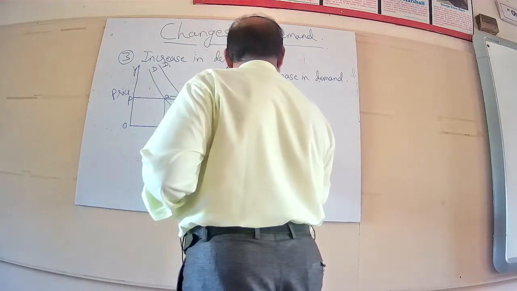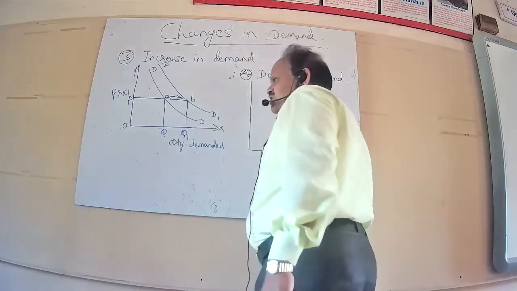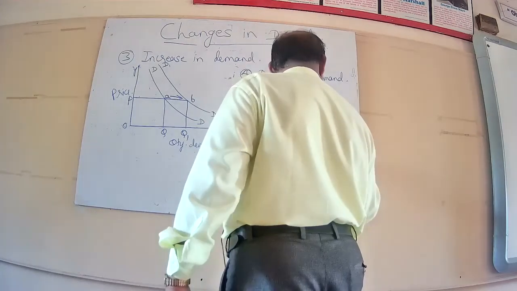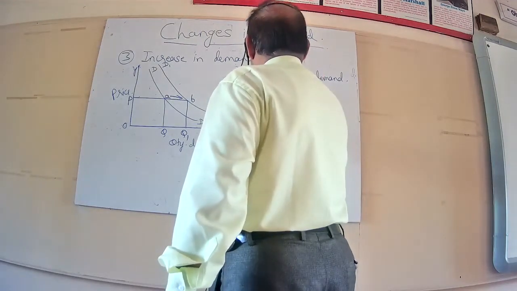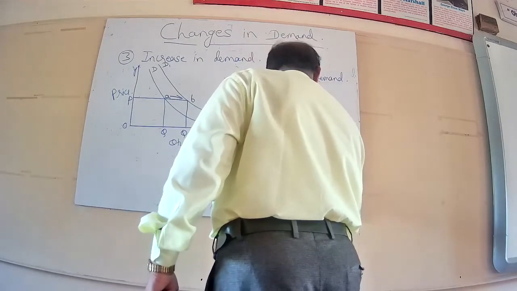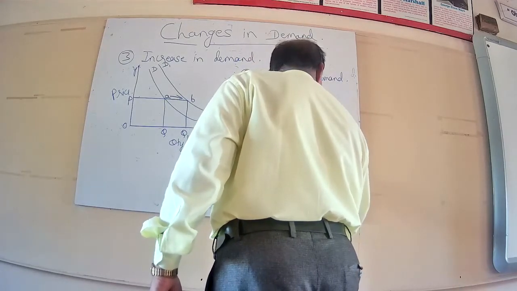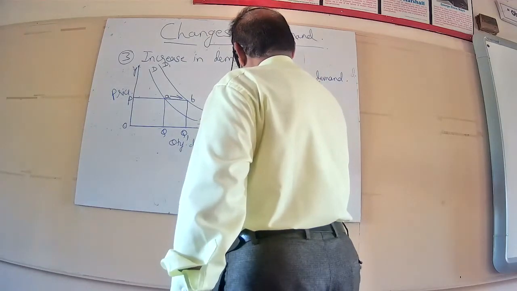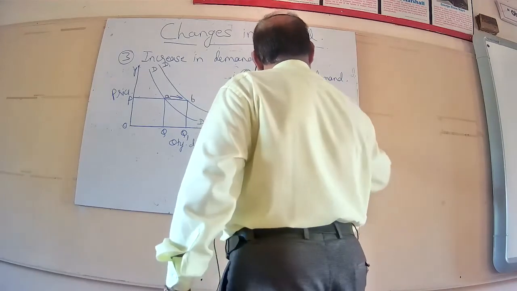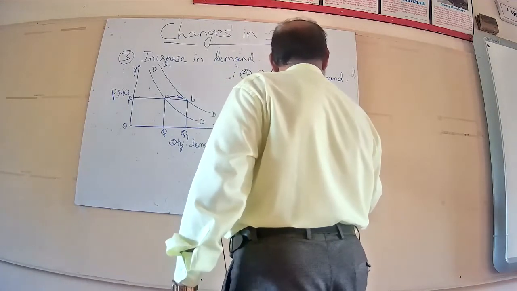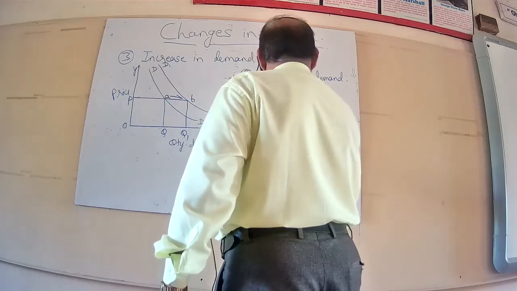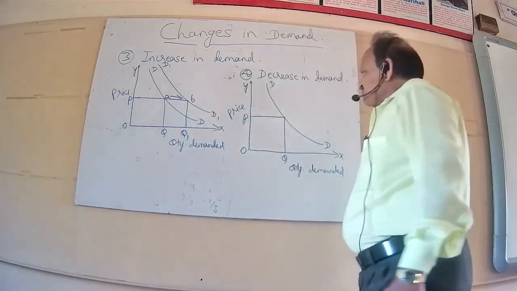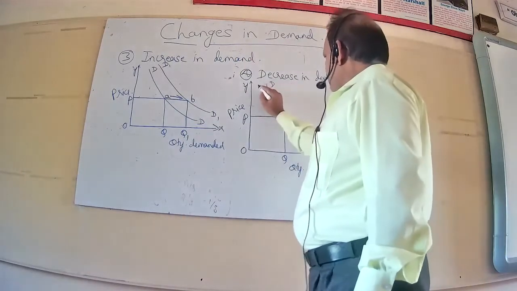The consumer once again can't remain on the same original demand curve. There will be a leftward shift in the demand curve. The diagram is like this: OX, OY, quantity demanded. And price on the y-axis. DD, initial demand curve. Price was at OP level, quantity demanded was at OQ level.